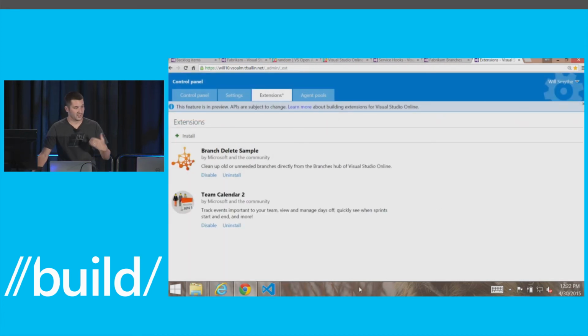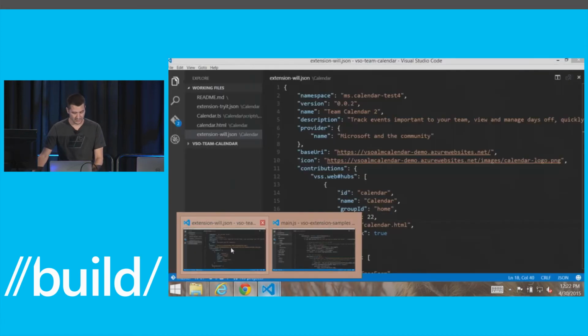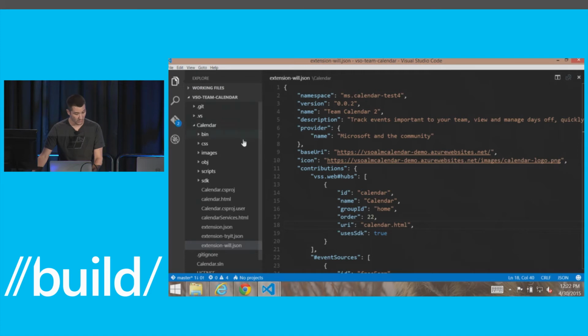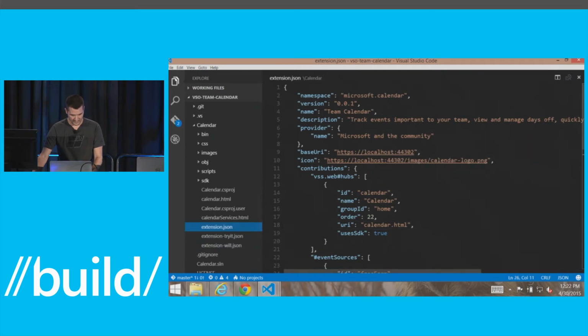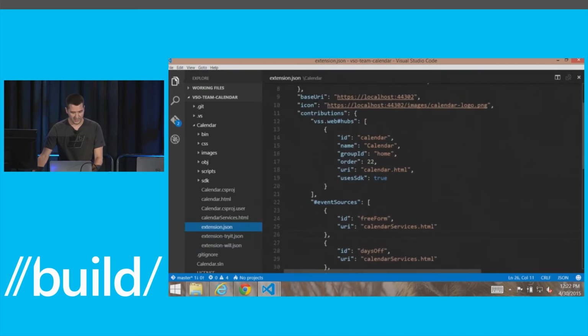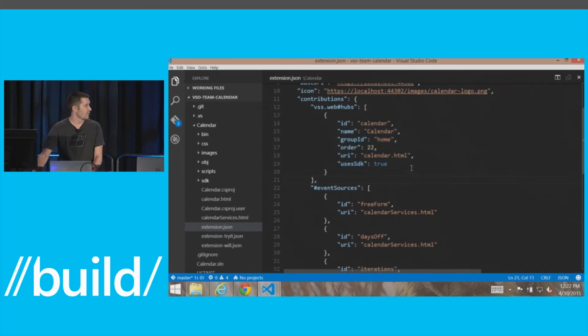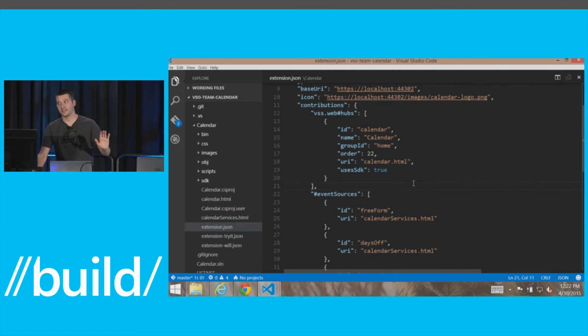But it's basically a very simple team calendar. So if I go back over here to this code and show it to you, this one's a little bit more complex. But it's the same idea. There's an extension manifest for this team calendar extension. It's contributing a hub, as you'll see here in a minute. And what's really cool about this particular extension is the fact that it's been designed to be extended. So, to hurt your brain here,